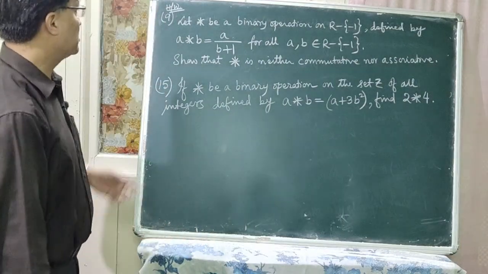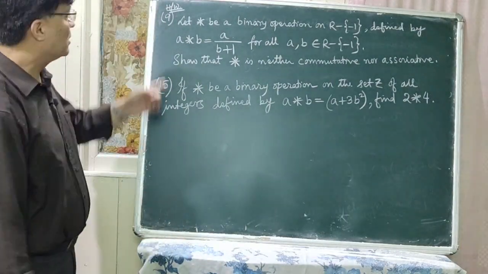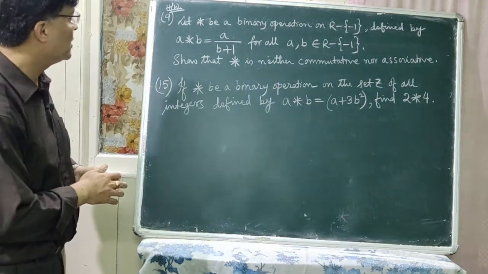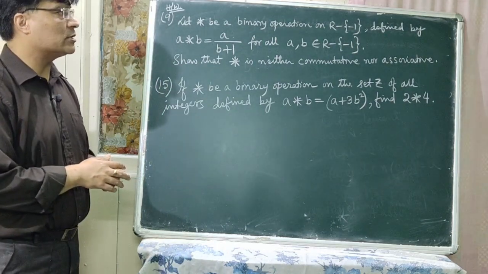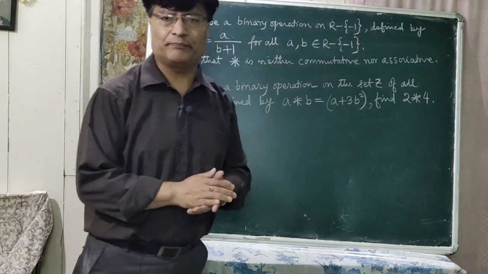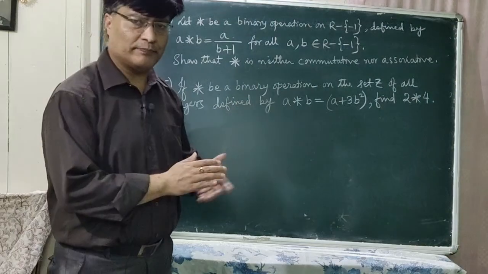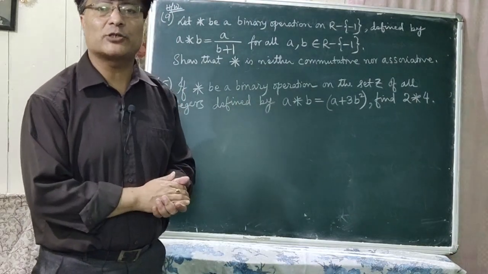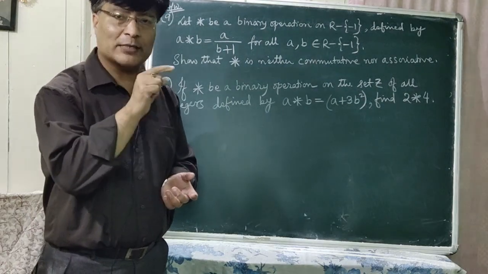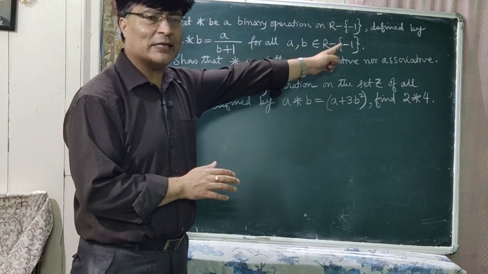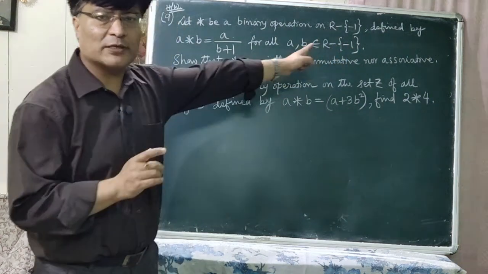So now these two questions are your homework. That is question number 9. Question number 9 is, let star be a binary operation on R minus, within second bracket, minus 1 is given. So what is the meaning of this one? That is, in the set of real numbers, minus 1 is excluded. Actually minus 1 is a real number, but in this problem this minus 1 is excluded from the set of